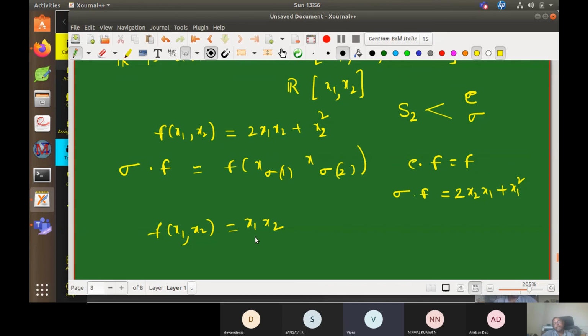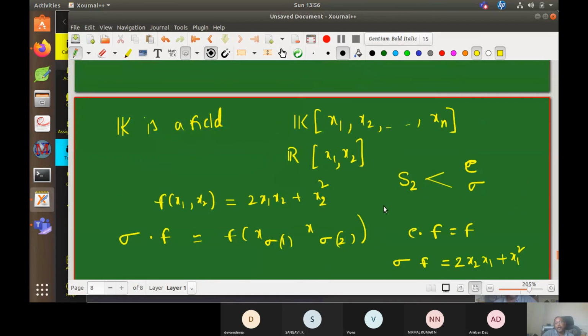It will always be x1x2, for both of them, right? Yes. Polynomials of that type. You can give many polynomials, for example x1 square plus x2 square. What about this? It will always be the same thing. So those polynomials on which S2 acts and which are fixed are called symmetric polynomials. So in K of x1, x2, I collect all the polynomials which are fixed by S2. That is called the symmetric polynomials. That itself is a subalgebra.